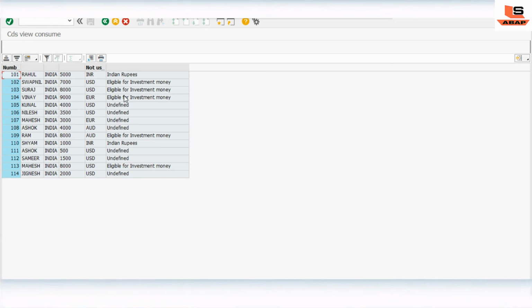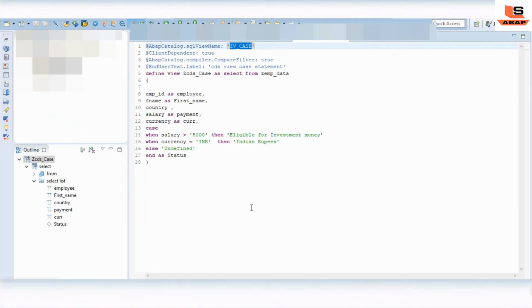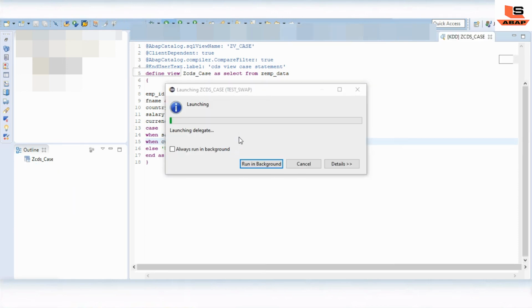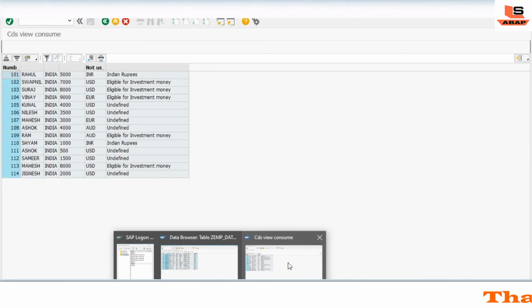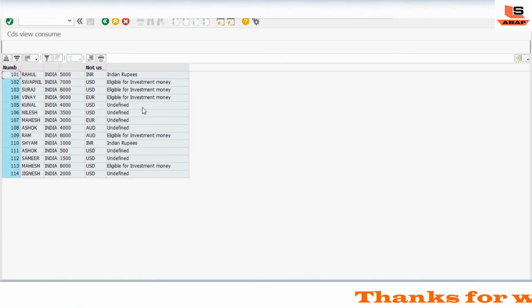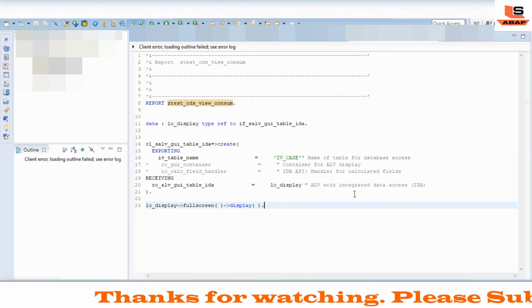It's Indian rupees in currency. We will execute this here also. You remember we had created this view. If I execute this also, you may see the same output. This is the Indian rupees, and in the SAP CDS views consume, this is Indian rupees, right? So this is the way you consume the CDS view created inside our ABAP program.